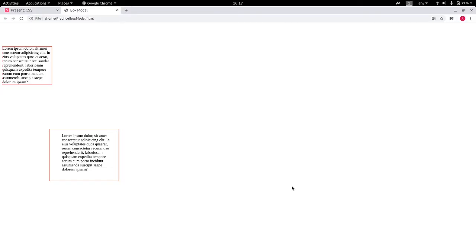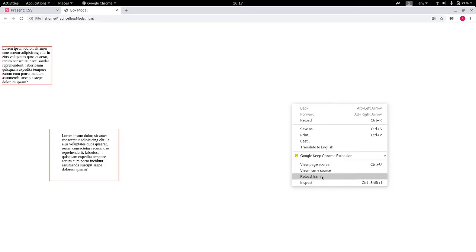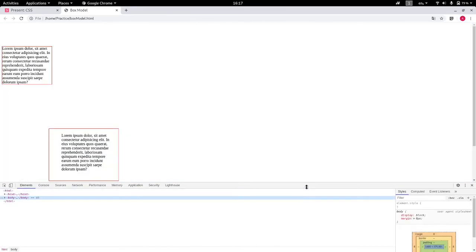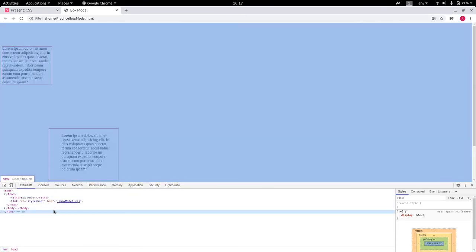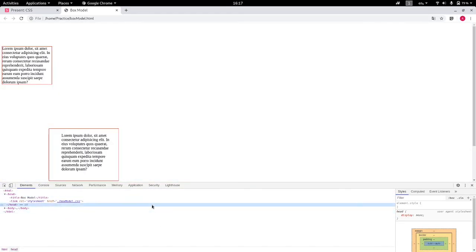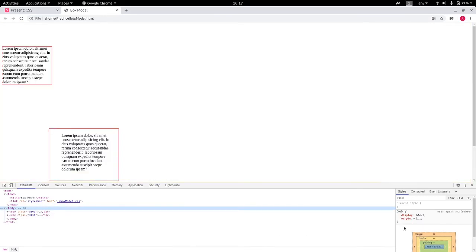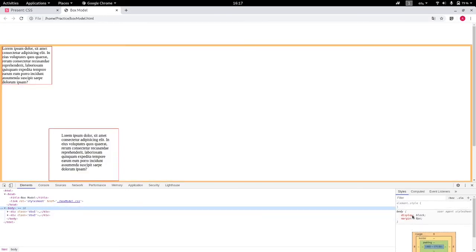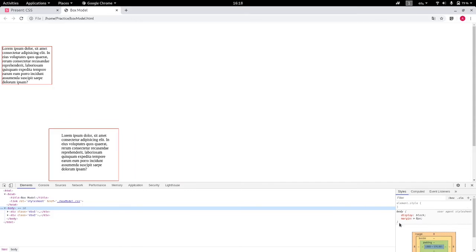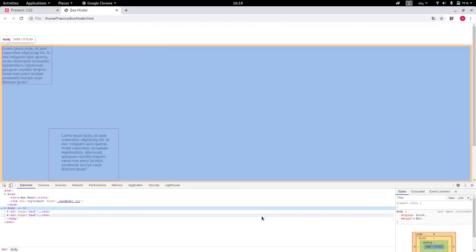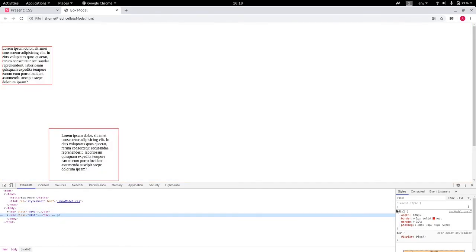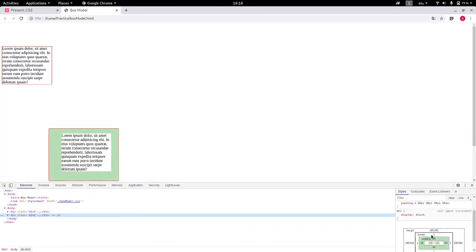We can use this Chrome inspection tool for many different purposes. You will learn about these things later in this course, and you can also explore this Chrome inspection tool on your own. You can see all the CSS style sheet of the selected element on the right side. Here you will have all the HTML code of this HTML document, here the CSS code, and you can also change it from here.